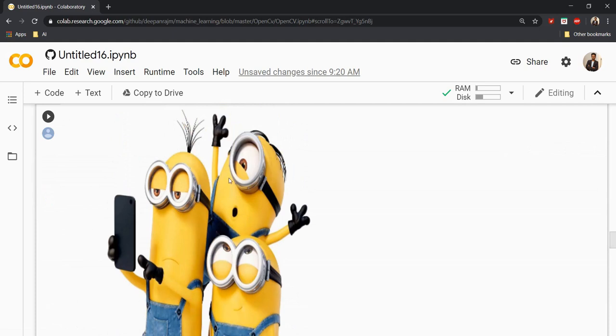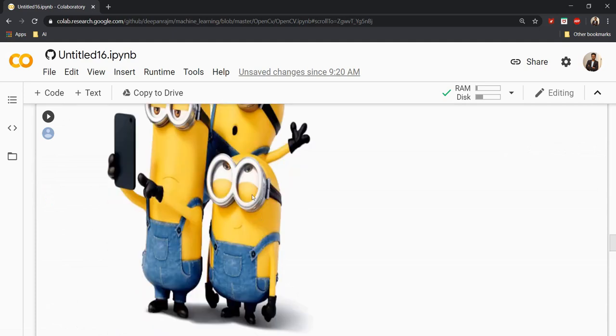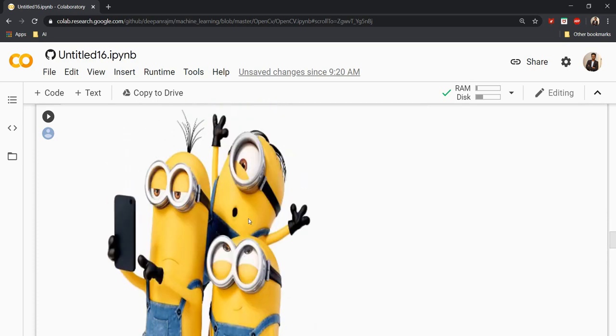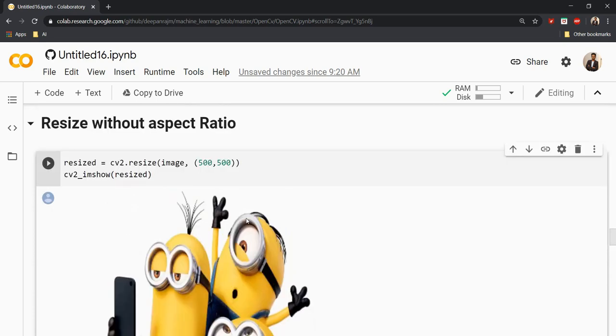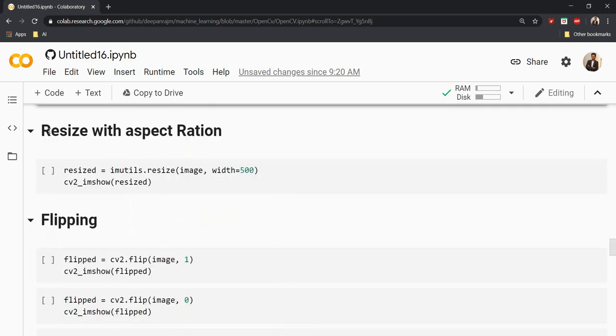Now you can see this particular image has been somehow shrunken, so the features might be a little different from the original image, right? The minion's width is a little bit bigger in the original, but here the minion's width is a little bit smaller. So this might lose some important attribute of that unique object. It is always wiser to resize an image without losing the aspect ratio.